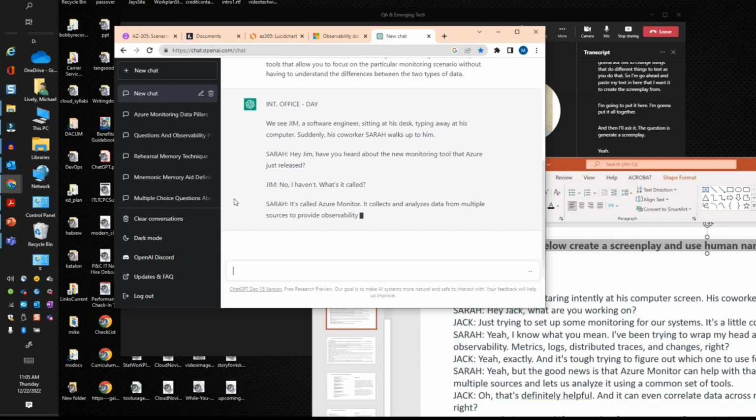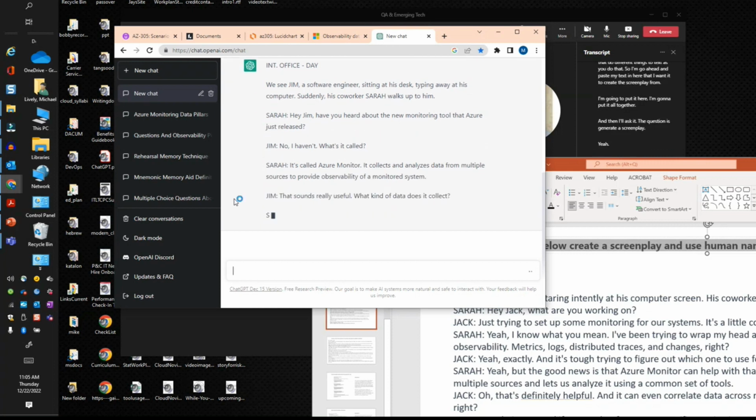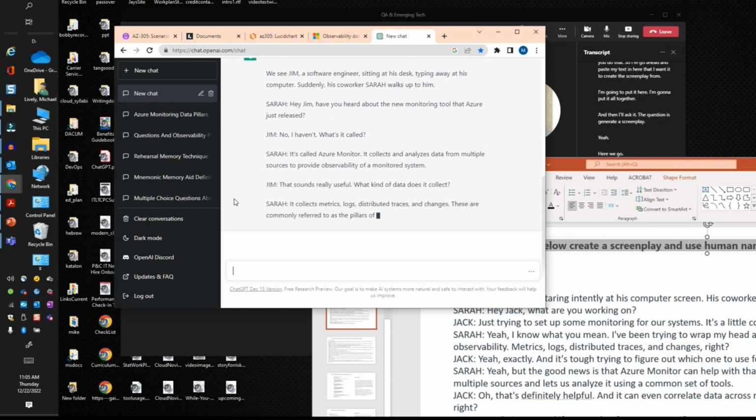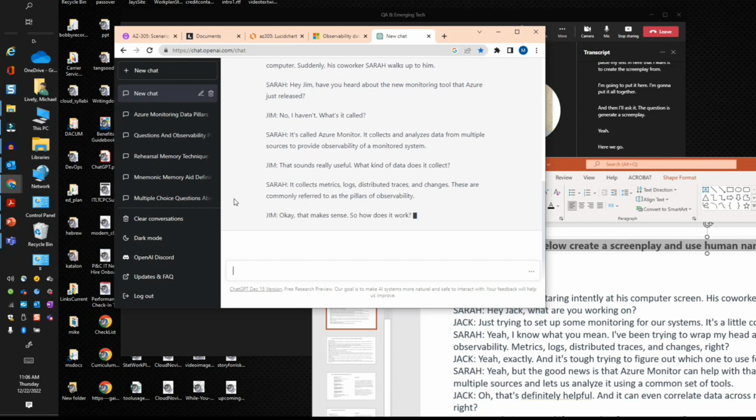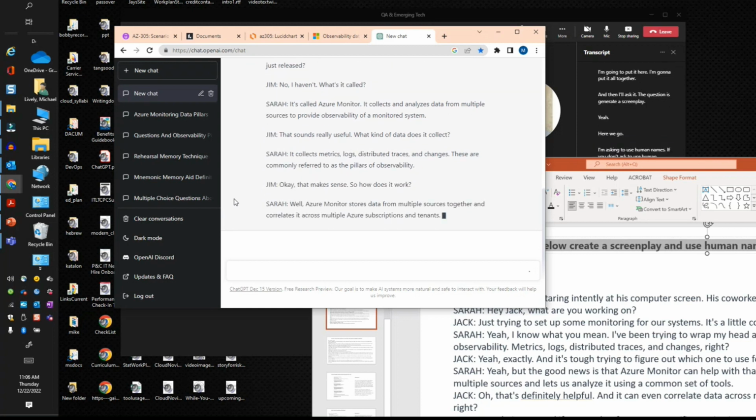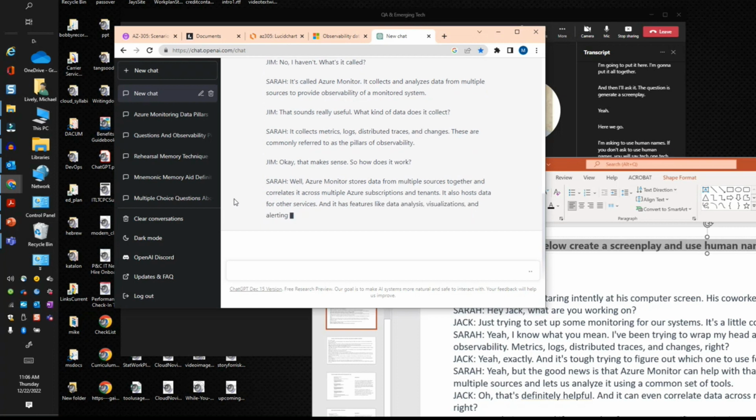Hey, Jim, have you heard about the new monitoring tool Azure just released? No, I haven't. What is it called? It's called Azure Monitor. It collects and analyzes data from multiple sources to provide observability of a monitored system and